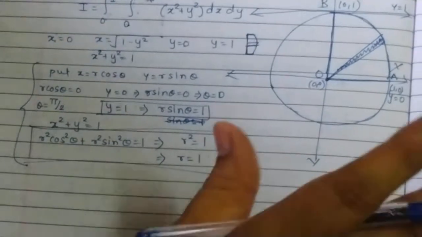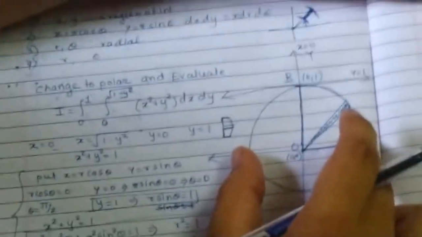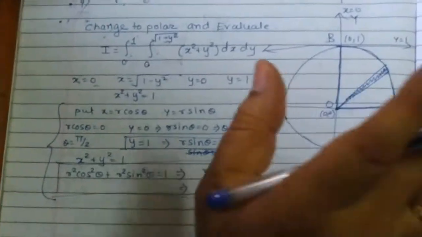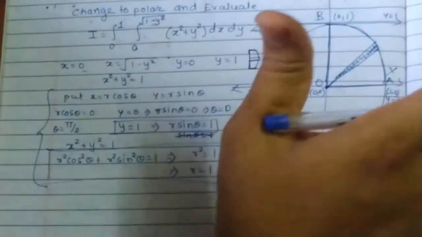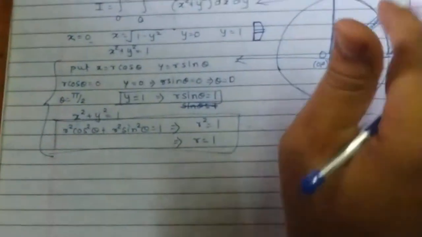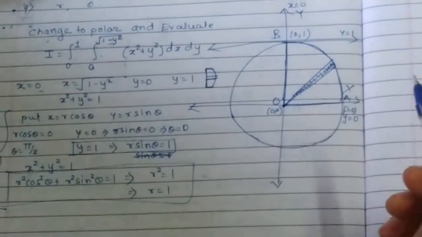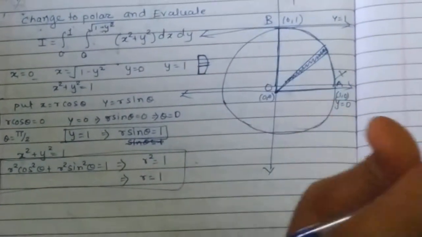Whenever you go for this particular step, I suggest you first draw the diagram, draw the radial strip and see where the strip is lying. Is it completely inside the region, or is only some portion of the strip inside the region? Based on that, the curves at the upper end and the lower end of the strip are the only ones you convert into polar form.